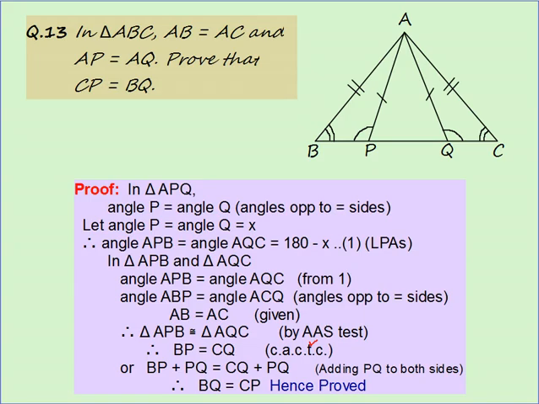When I come here also, they are asking a proving sum. We did a similar sum before, if you can remember. In triangle ABC, AB is given equal to AC. This time they have given this, so base angles are equal, and AP is also given equal to AQ. In the previous question they had not given this AP. And they are asking to prove that CP is equal to BQ. Okay, so first we will find these two sides, and then we can easily find.